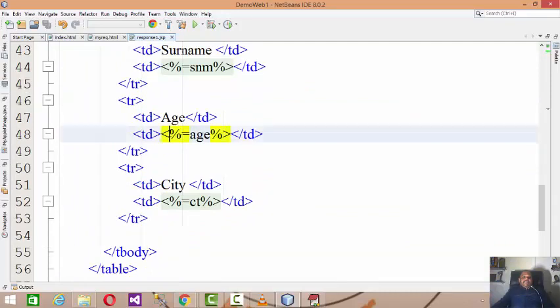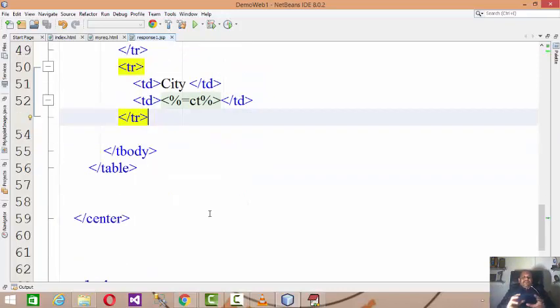Here I specify <%= whenever you are printing the value of variables, then <%= is used. Hope you understand the basic steps of generating the web forms and how to post the data to the server.